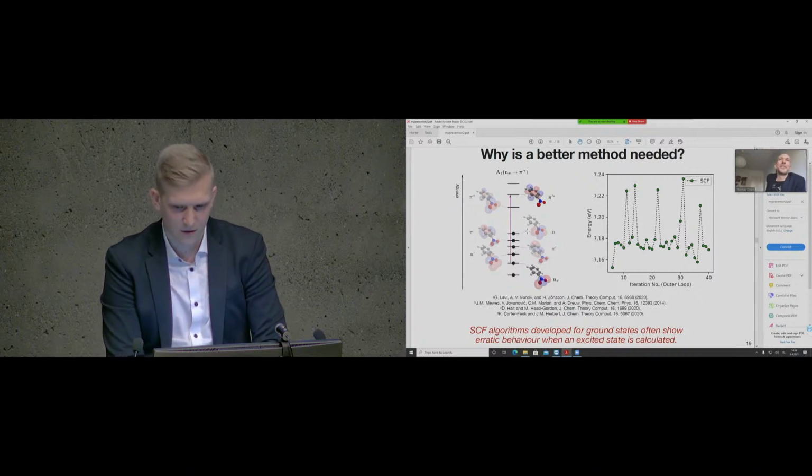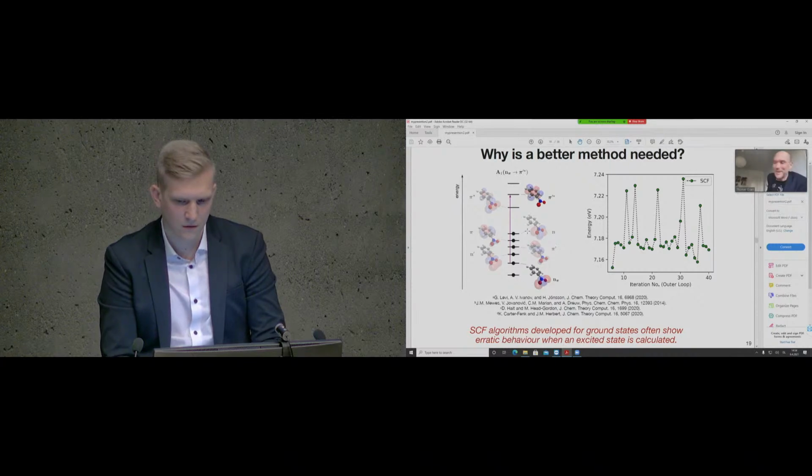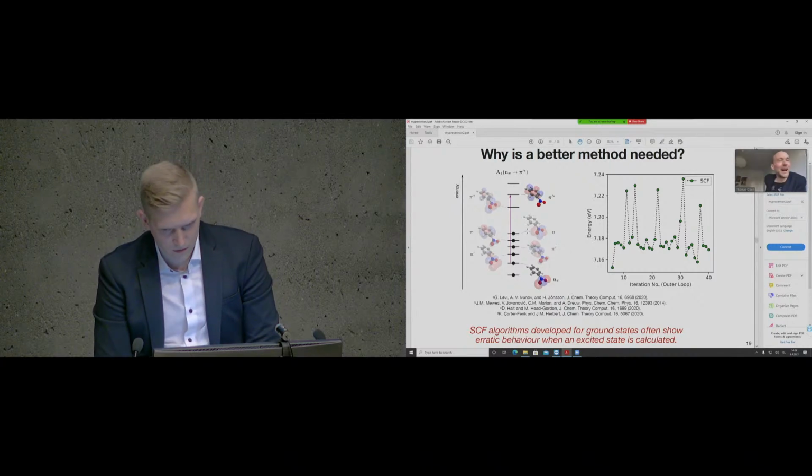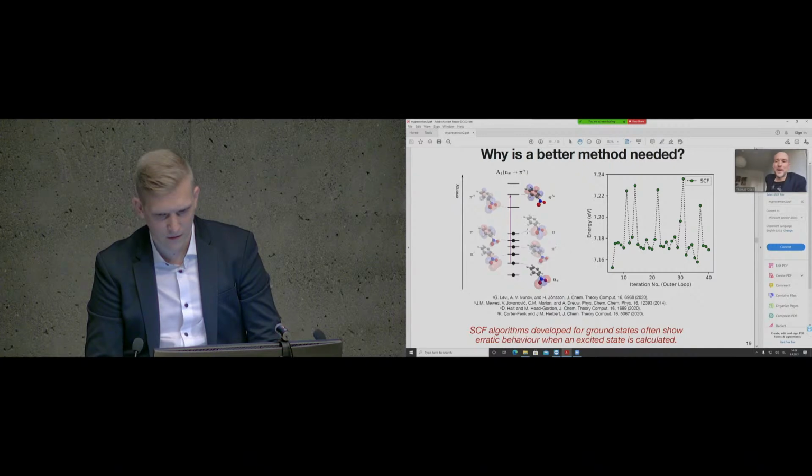Yes, but then there should be other states that have larger overlap with the initial state you specified. And that's also unlikely. Yeah, so there can be, yes. I mean, the reason I asked you, I don't know if you know, but I was the one who, during my PhD, implemented the maximum overlap methods for delta SCF in GPAW. Yes. And we saw this problem exactly, that if you just specify occupation numbers, you're bound to fail